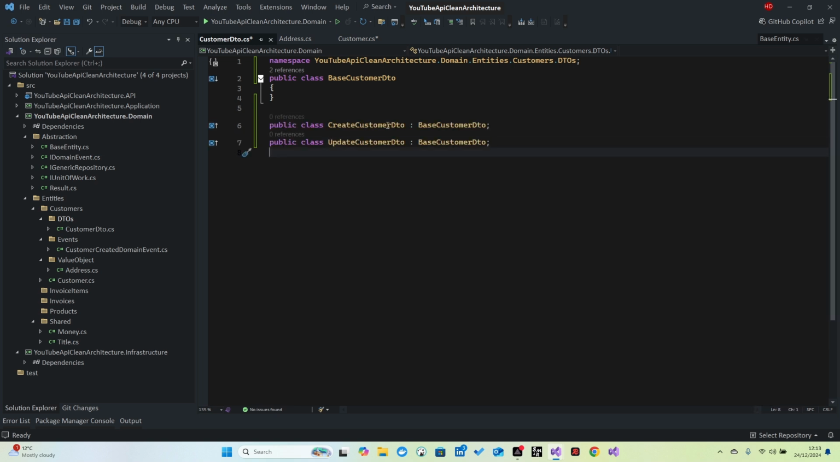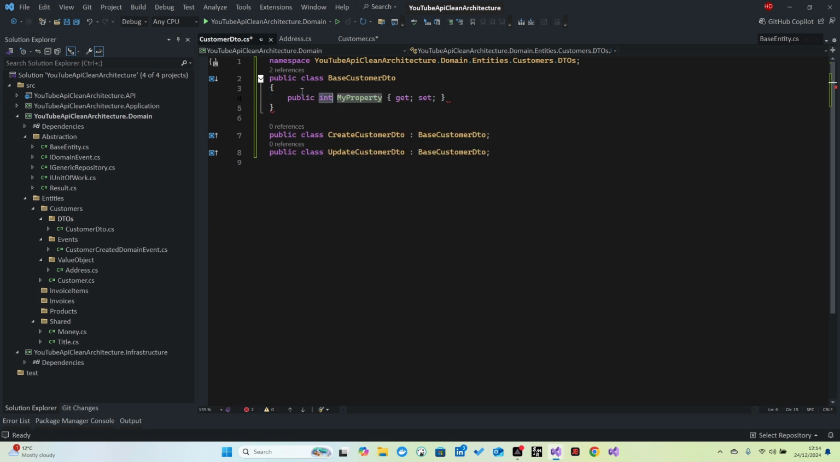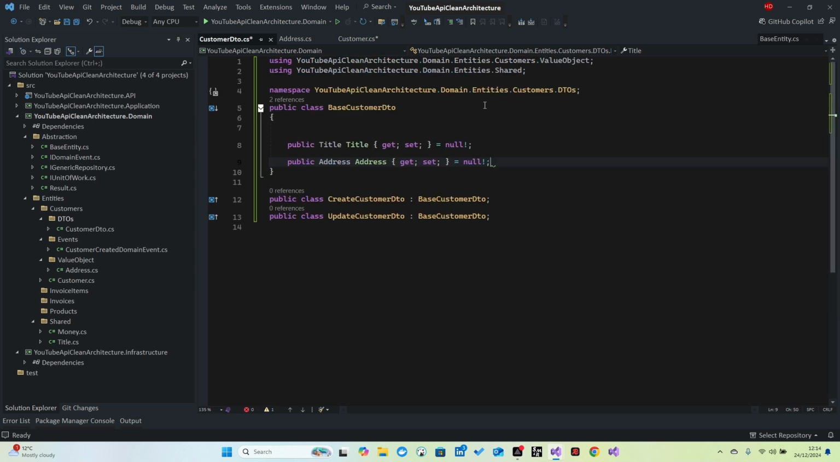Okay, so we have a create customer DTO and an update customer DTO, but there is no big difference between these two. So I'm just using inheritance from base customer DTO, and all we need to do is prop string title. Actually, to make things quicker for now, I'm going to just add the rich domain model